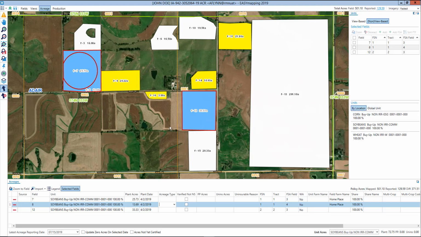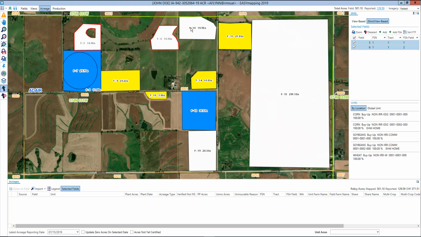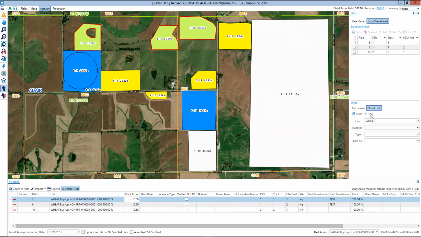And in order to show that, again, I'm going to deselect these fields and select a couple new fields. Now I'm going to go ahead and select the global unit, which allows me to pre-fill my crop, practice, type, and share percent. In this case, I'm actually just going to utilize the crop because you're not required to utilize all 4. This time I'll add wheat, which you can see there, and now I'm going to go ahead and select the add button. Like before, you'll see the fields will color green, which again represents wheat for this agency. I have my wheat units filled out here in the grid,